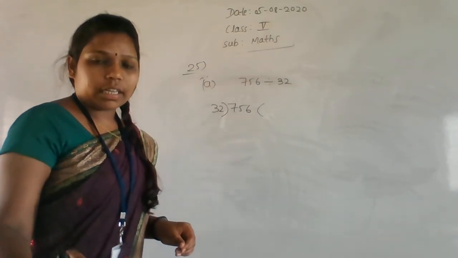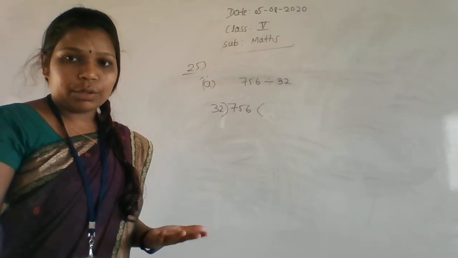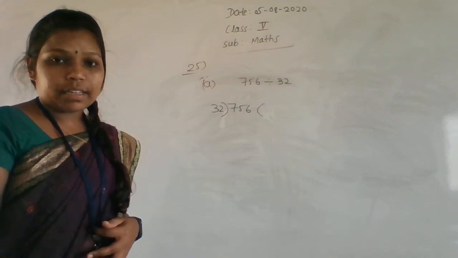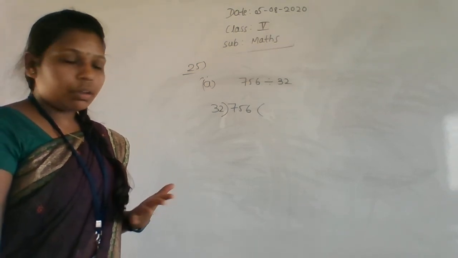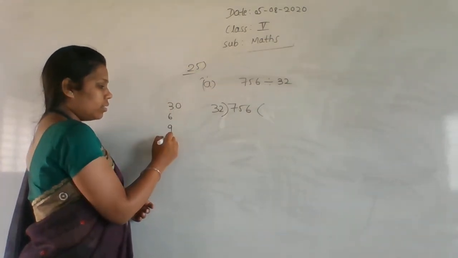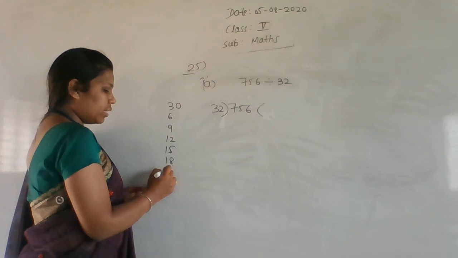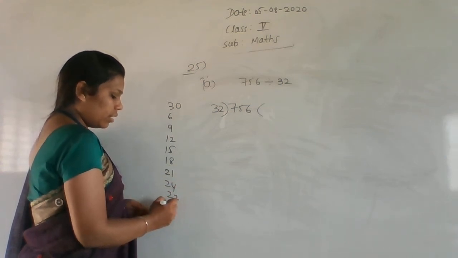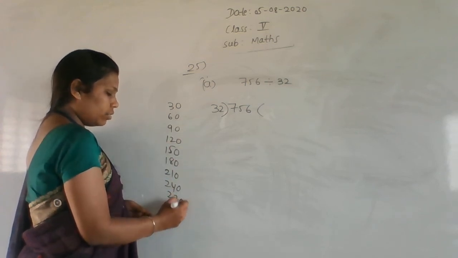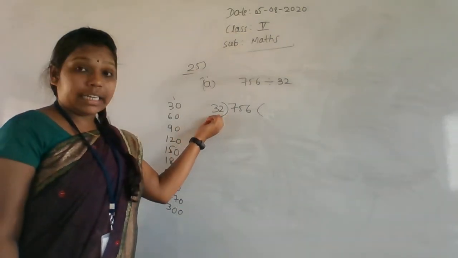So you have to divide with 32. What is the value of the 32 table? Everyone knows the 30 table. I am giving a hint: for the 30 table you write the 3 table: 9, 12, 15, and 3 6s are 18, next 3 7s are 21, 24, 27 and 30. You add a zero to all the numbers, 110 for all. Then it becomes the 30 table.